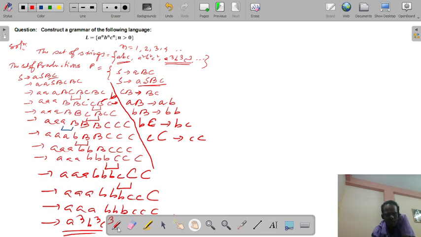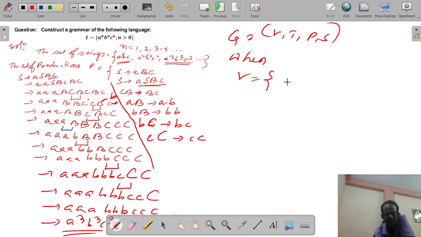So what is the grammar corresponding to this language? The grammar G is equal to (V, T, P, S), where the variables are S, B and C. The production set P: S implies small a SBC or abc.